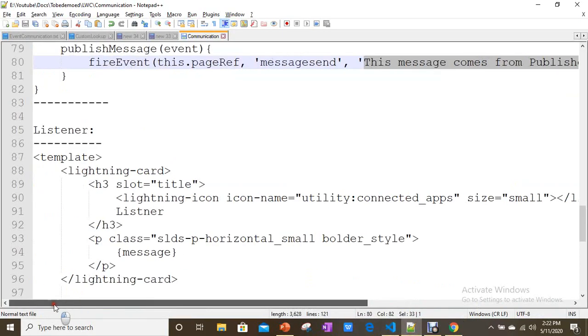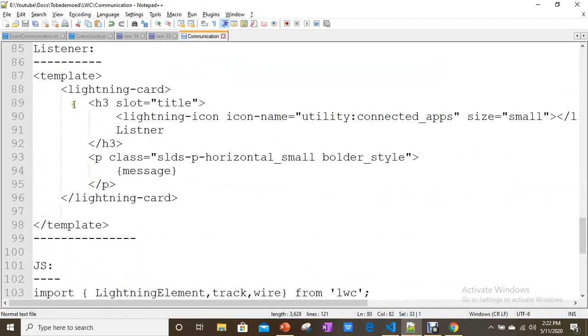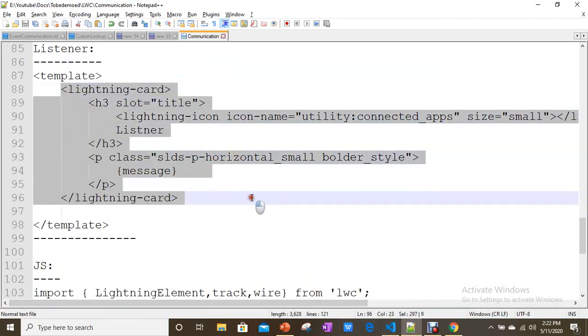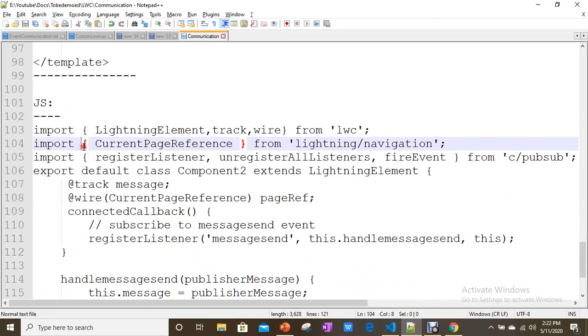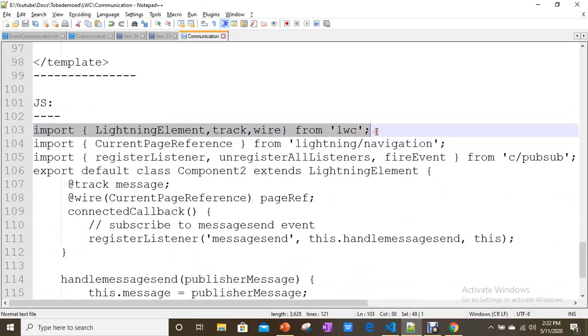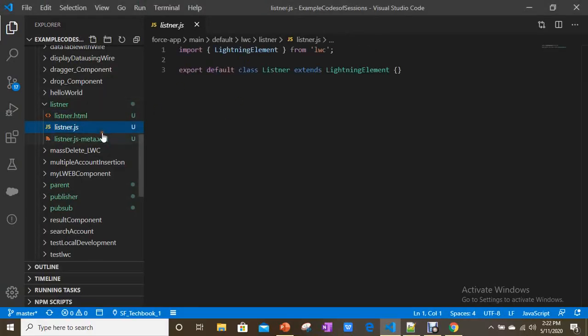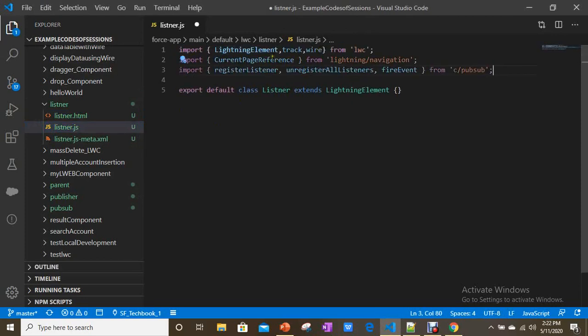So in the listener component, let's start with this. First thing is I'm importing track and wire decorators. Current page reference you should have for the listener also, and I am importing the register listener, unregister all listeners, and fire event methods.